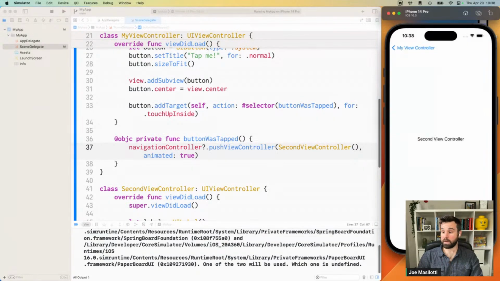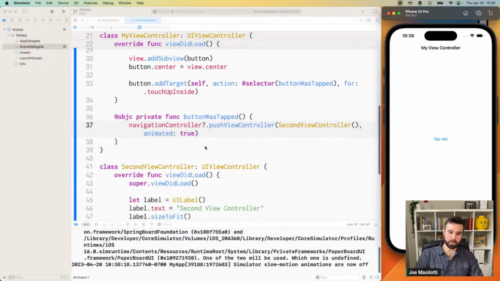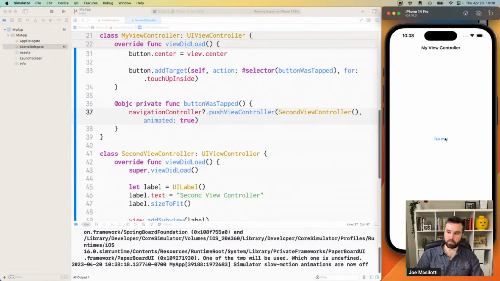And we have a very odd looking animation. What's going on there? Why is it so gray and then white, and you can kind of see it under the hood? By default, all views are transparent. So now we have a transparent view being pushed on top of a transparent view. So when we get to that point right before the other one falls out of memory, we're seeing the whole